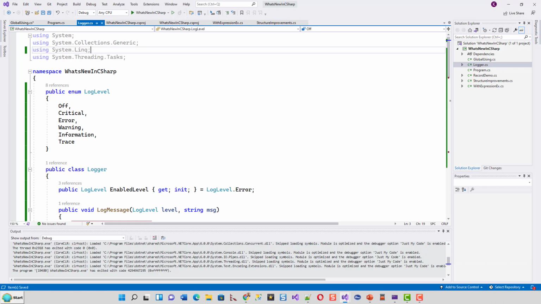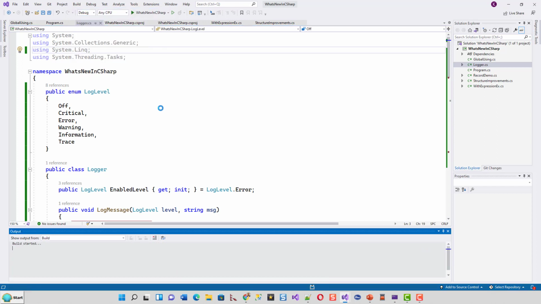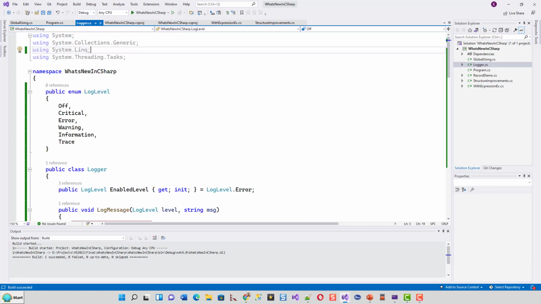Okay, so we can see that we can still build this application. Click on build solution, it will still build. There is no red squiggly line, there is no syntax error because we have put it in global using statements, right? Likewise, you can put any number of using statements, writing the global keyword in front of them, and that will be used anywhere within the project scope, in any class file.